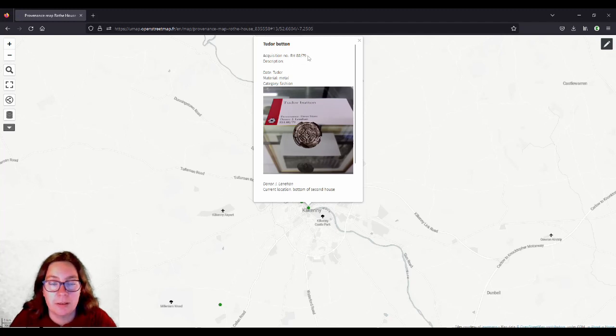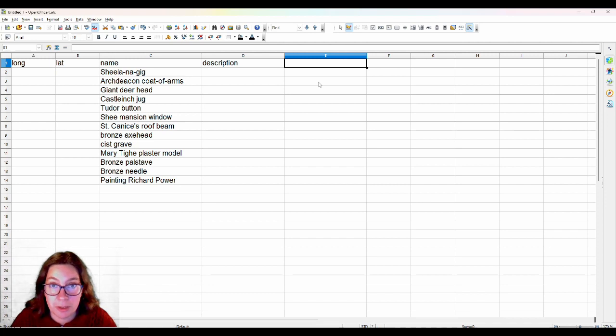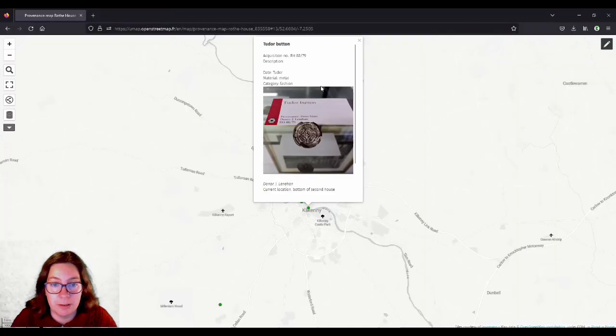and it's very important in your spreadsheet that you only use one word in your header. So I'm not going to put down acquisition number because that's 2 words. I'll put down reference. And then you saw that we have a donor. And what else?